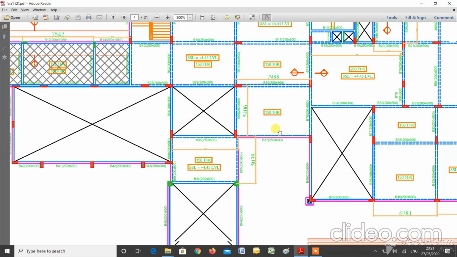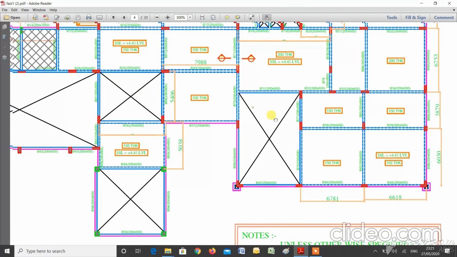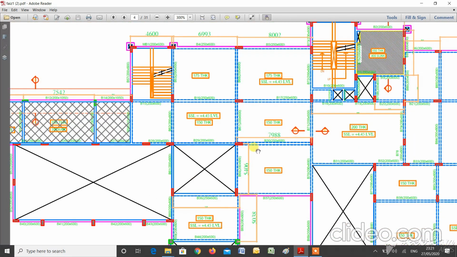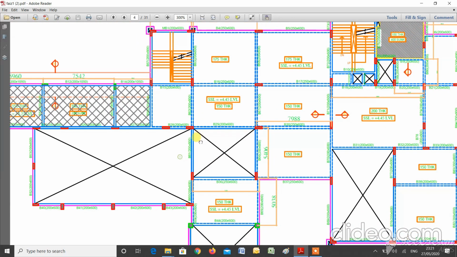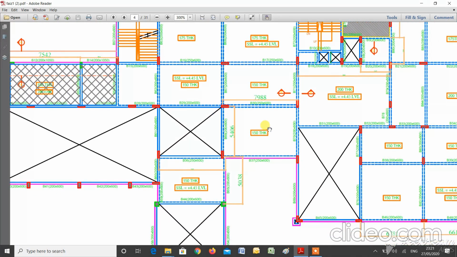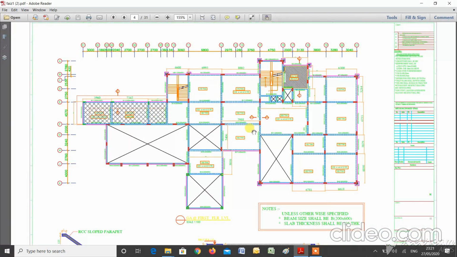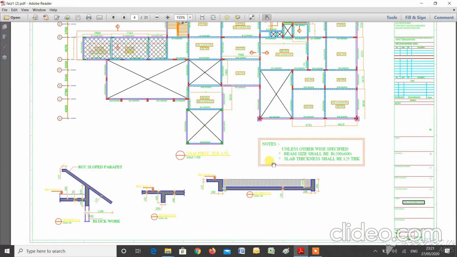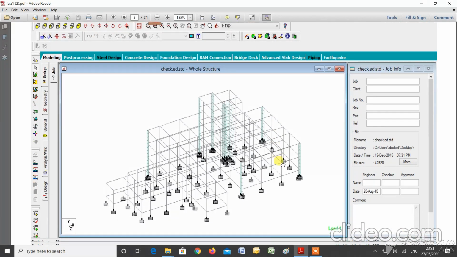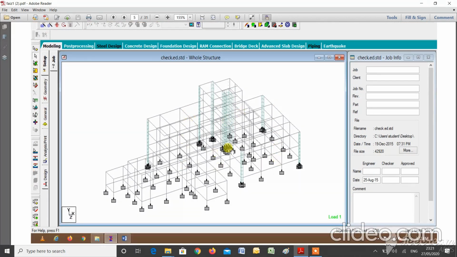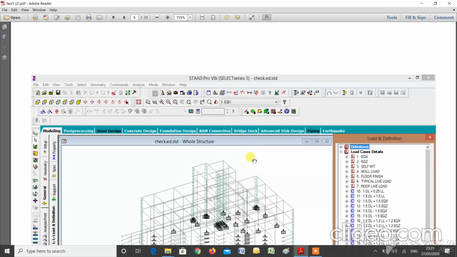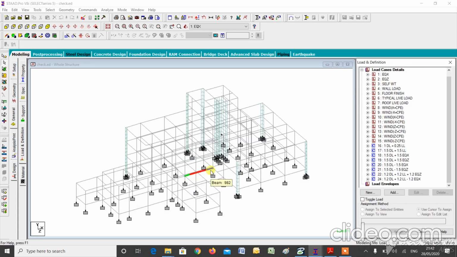Once you prepare a GA with the arrangement of different structural components, the same GA is sent to the architect for approval. You cannot have columns wherever you want. All this has to be approved before you start with the modeling. Once it is approved, we prepare the model either in STAAD or in ETABS. The geometry is done as per the GA. The columns and all the geometry as per the GA, we apply the different types of loads.